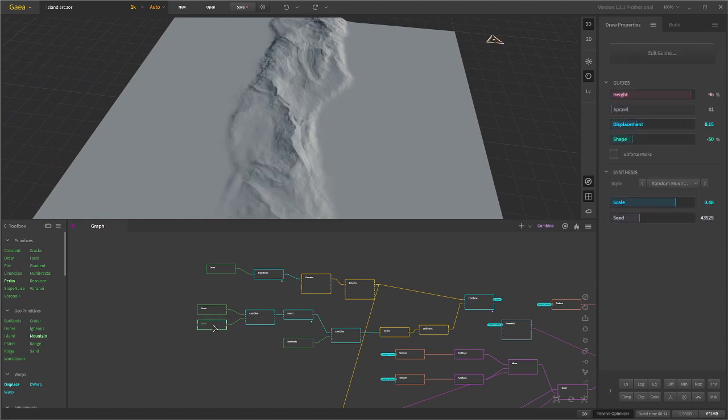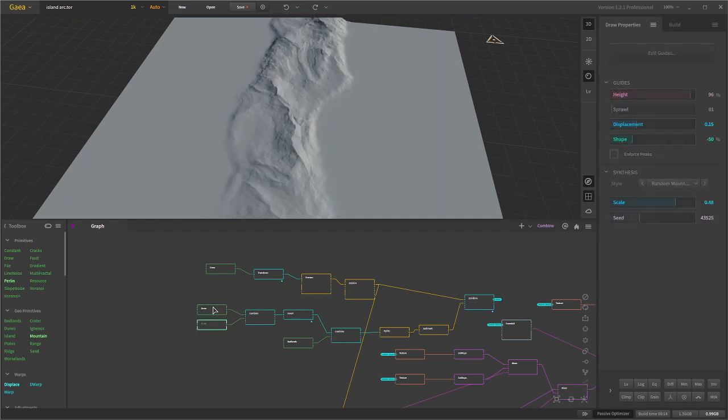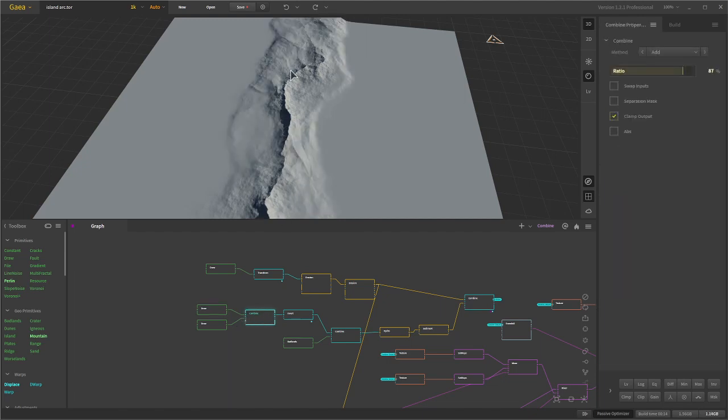so let's focus on the trench. Here I also made a Draw node, which in this case looked a bit like this, simply some consecutive lines down the center of the terrain, with a bit of playing around with the strength of the drawings here. The two Draw nodes here are exactly the same, only this one has the Enforce Peaks toggled, so I got this sort of trench-like thing down the middle here, and once combined, this is what it looks like.